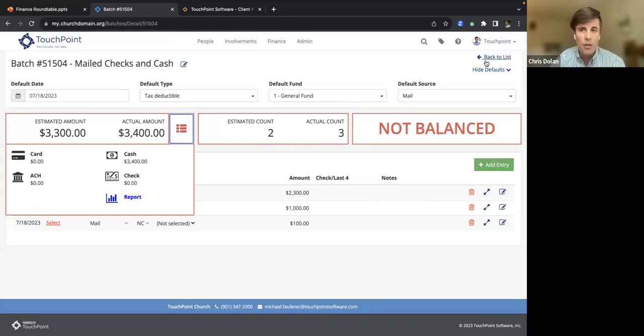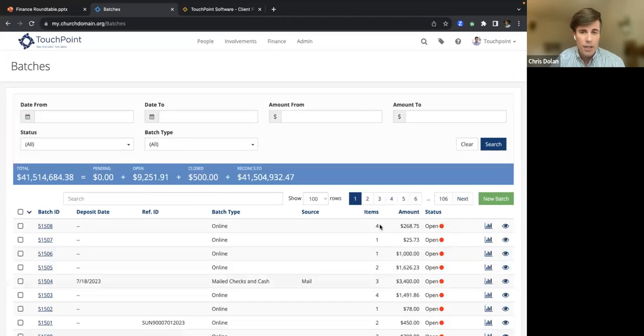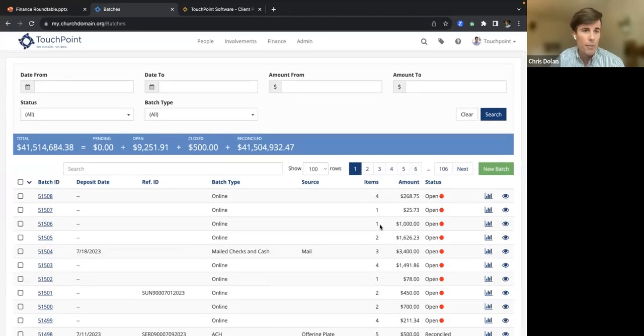One thing I do want to call out on this, if I go back here to the list, is that there are two versions of the batch report. There's the individual batch report, which is visible here for each batch. And then there's the multi-batch report, which is what you get when you check the checkboxes and hit report here.